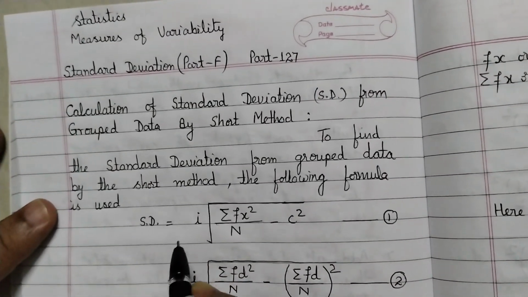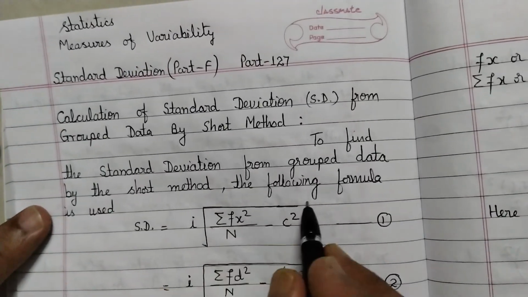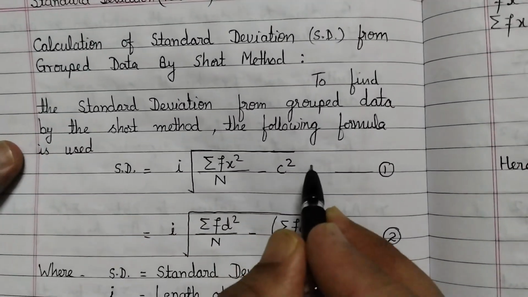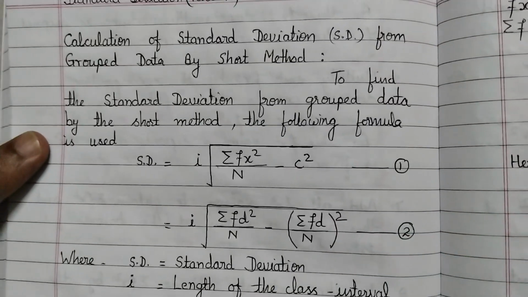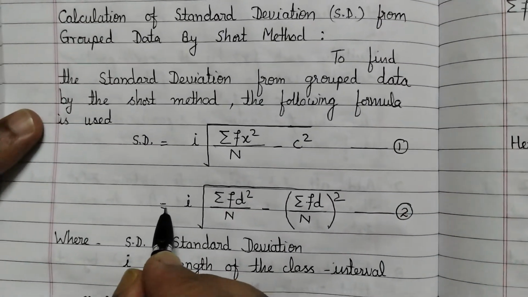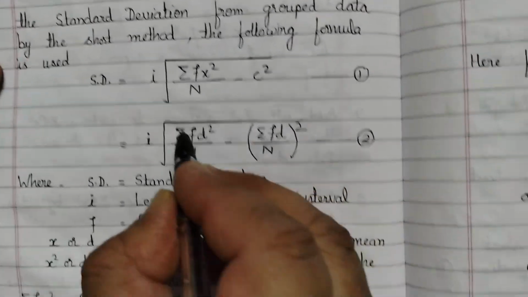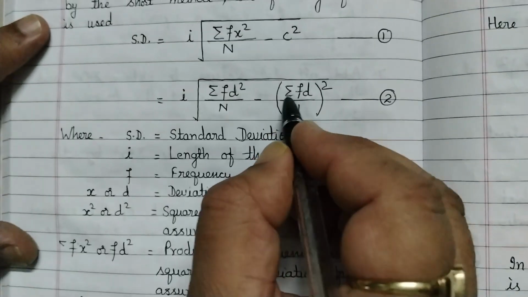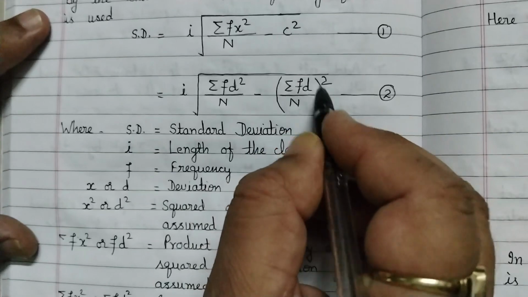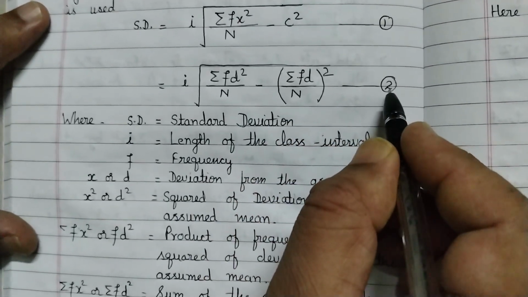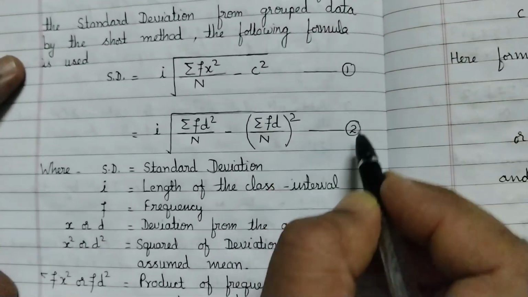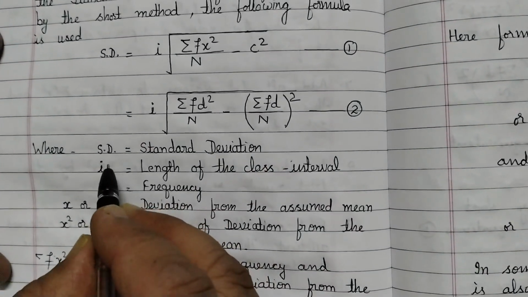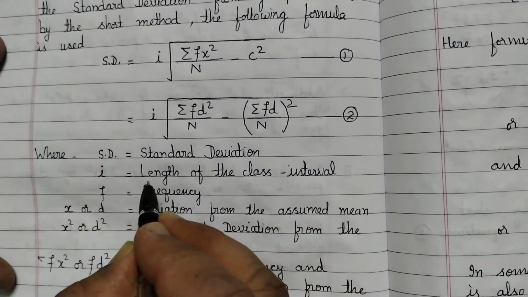SD is equal to i under root summation fx square by n minus c square, let it be equation number 1. SD is equal to i under root summation fd square by n minus summation fd over n whole square. This is equation 2. Either we can use equation 1 or equation 2, where SD stands for standard deviation, i stands for length